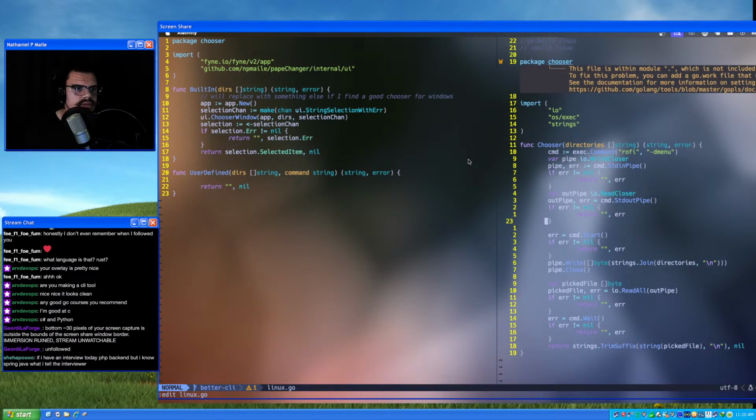So what I want to do is make it so this thing supports the main things people will be using for the chooser, and then uses the built-in one by default, but people can just pass in the name of the program, or they can pass in a specific command line option, and then we just figure it out from there. I think that's probably going to be the best way to do it.